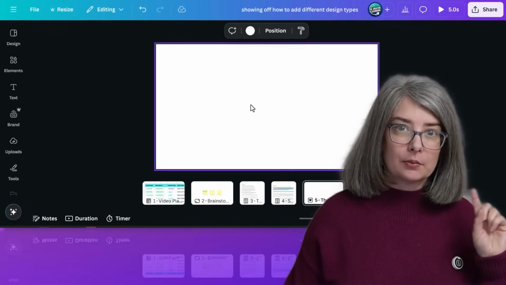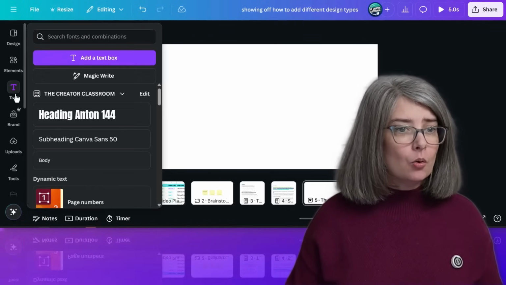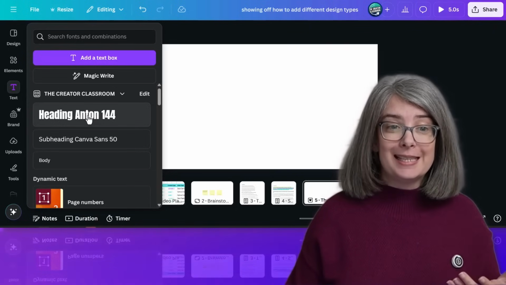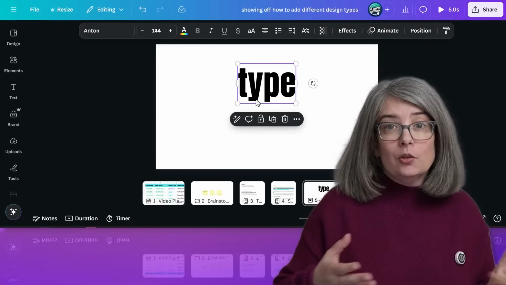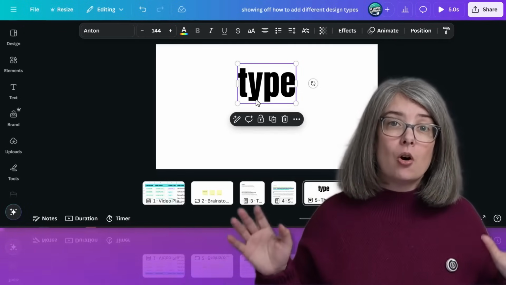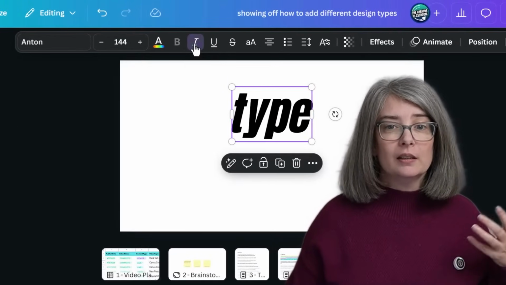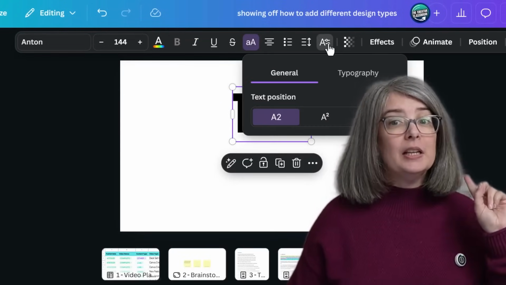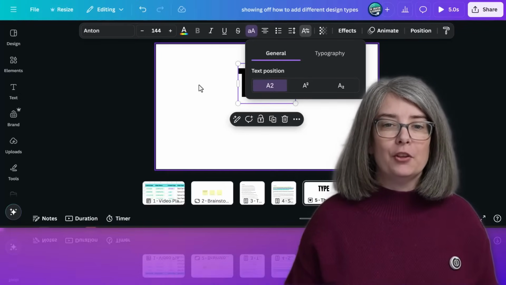How can you get text? Well, type T on the keyboard to pull up a text, or you can go over to the text, and I've already got my thumbnail standard, which is this Anton font. The thing you need to know about words is that there's a whole lot of options that you can do to words, including italicize, make things all uppercase, even advanced formatting, which for this won't matter, but if you had